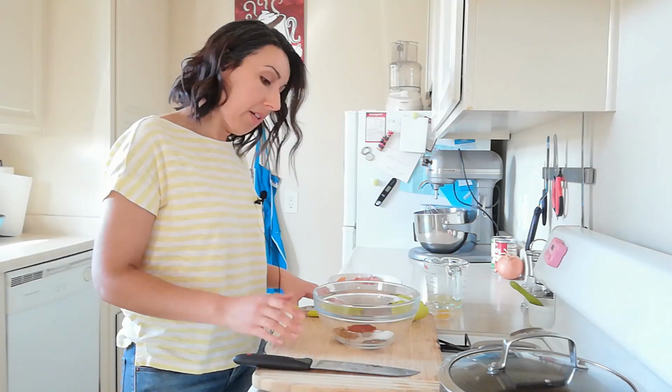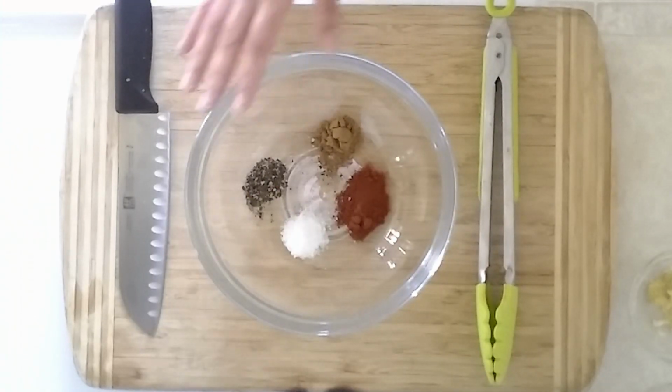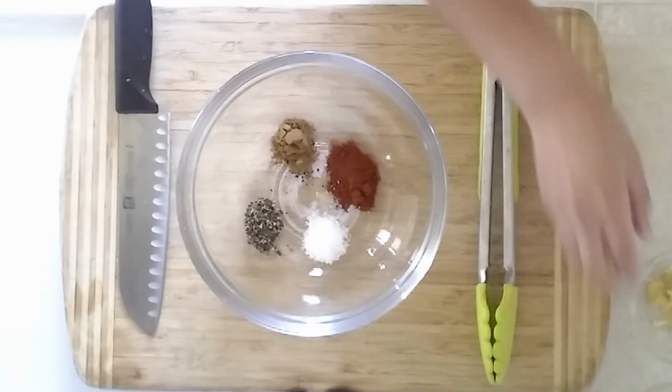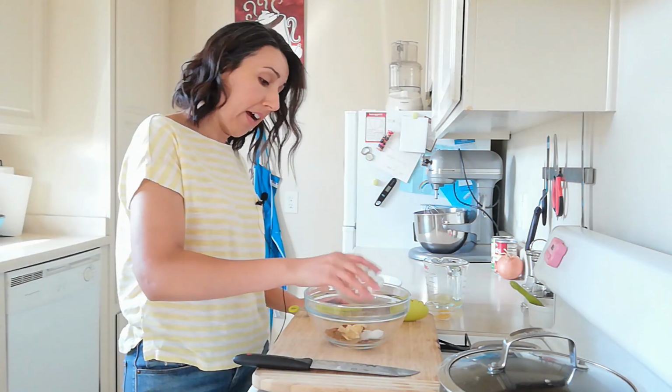First thing, we're gonna start off by marinating our chicken. I have here a couple of different pantry staples: salt, pepper, some cumin, some paprika, to which I'm going to add some garlic. Now this is garlic that I have